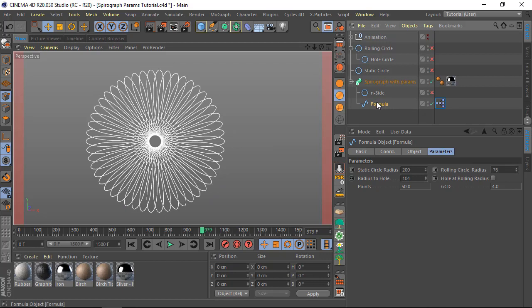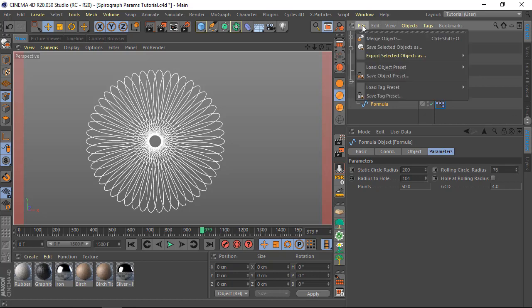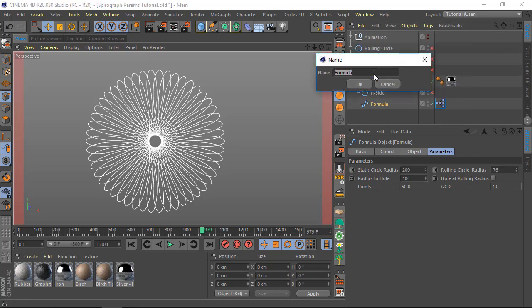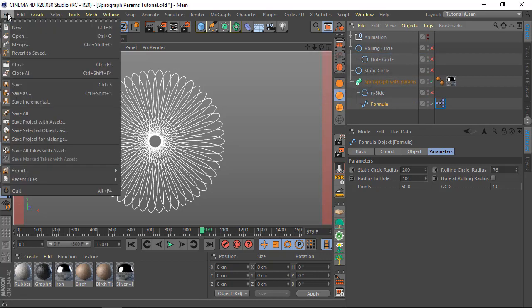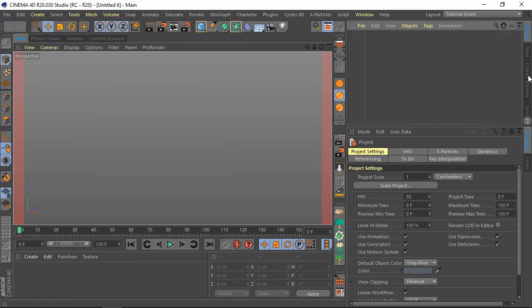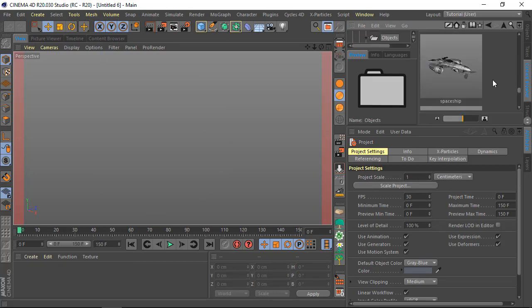The last thing I want to do is show you that you can click on Formula here. It's got everything tied to it, all of this scripting and this Expresso. And you could say File, Save Object Preset. And I'm just going to call it Spirograph Formula. All right, now what that did, I'll create a brand new project here to show you. Brand new project, new. So it's just empty. I'm going to go to my content browser and search in the